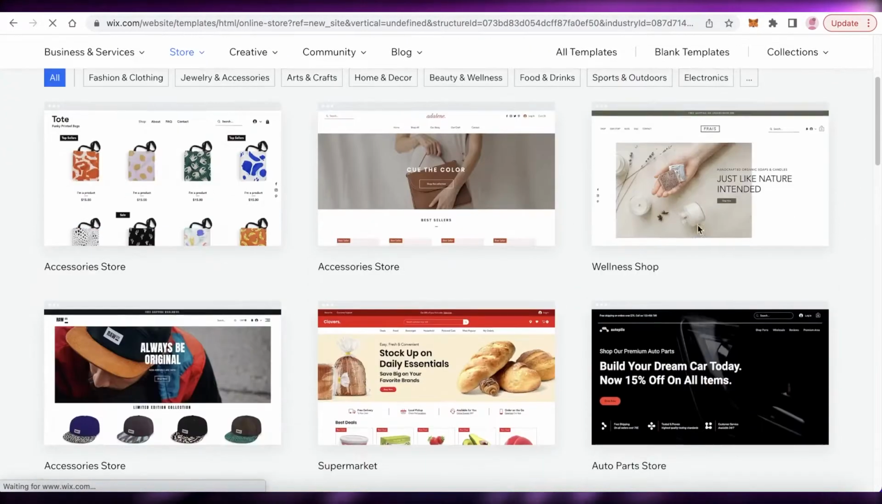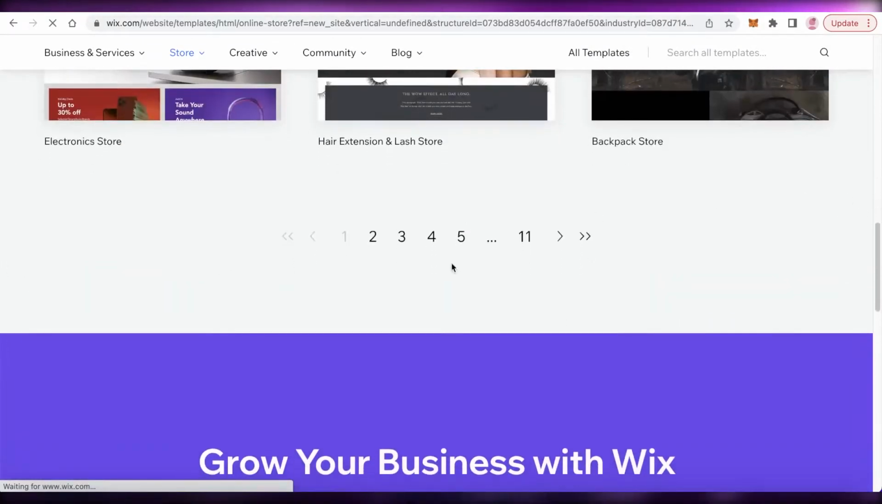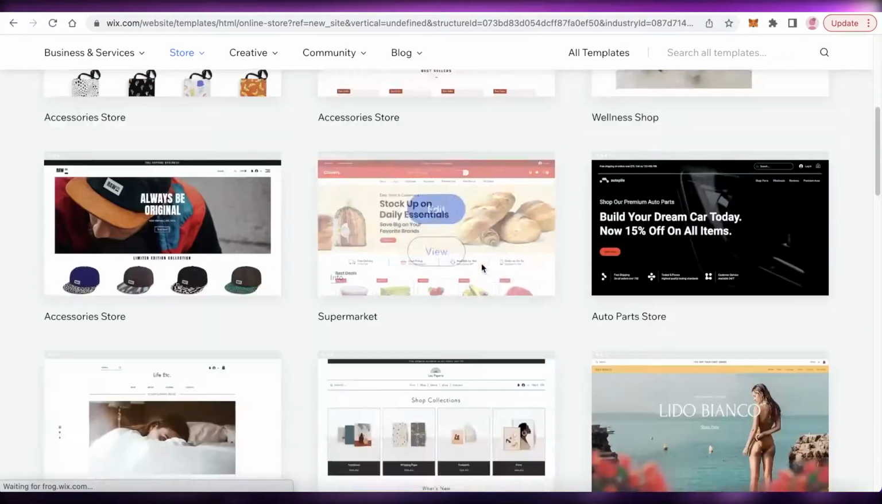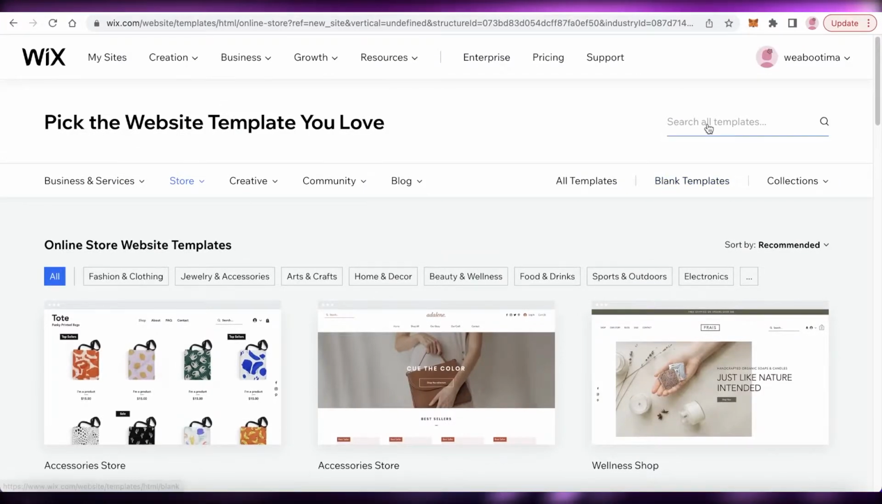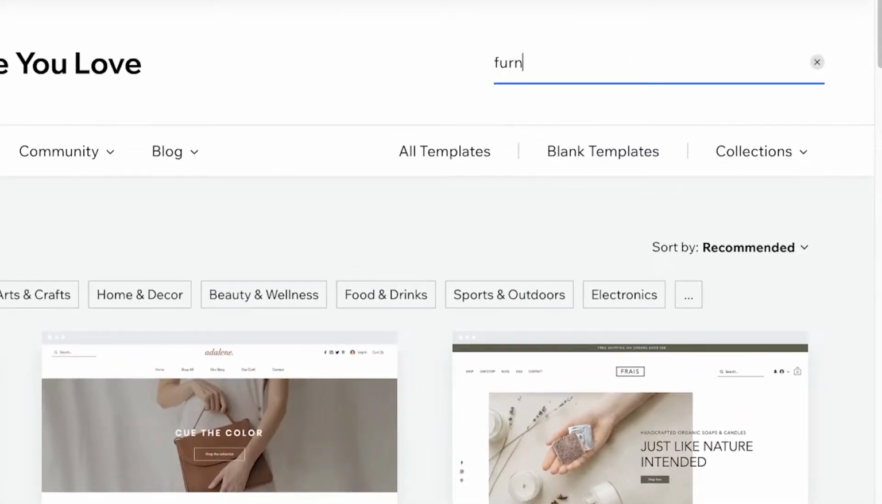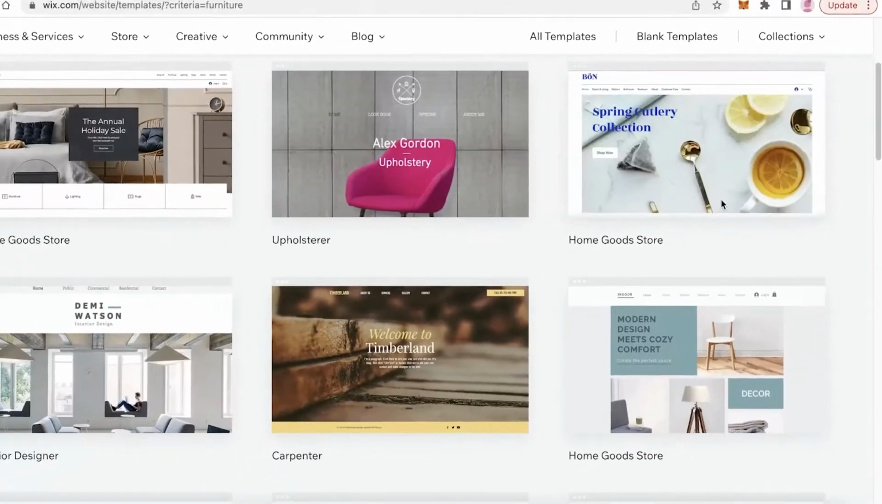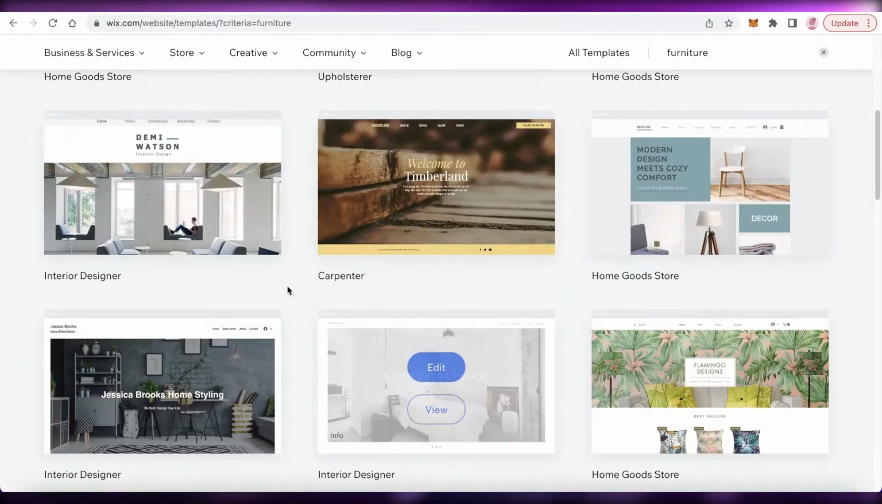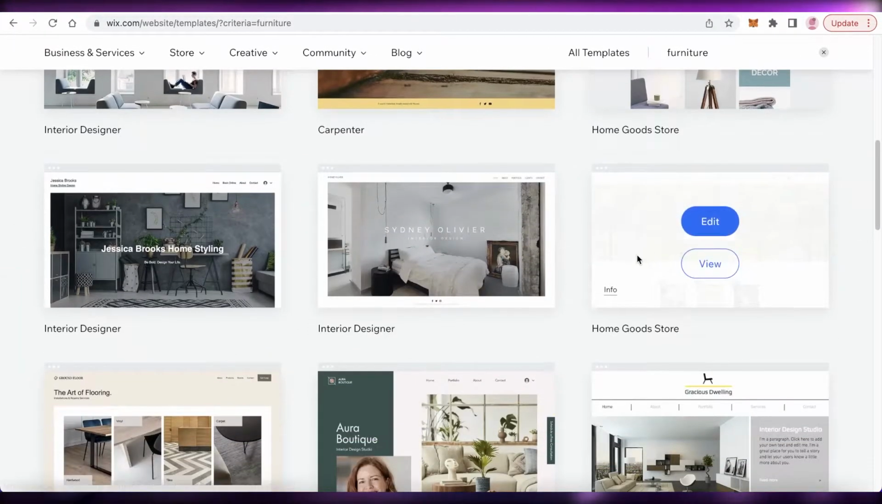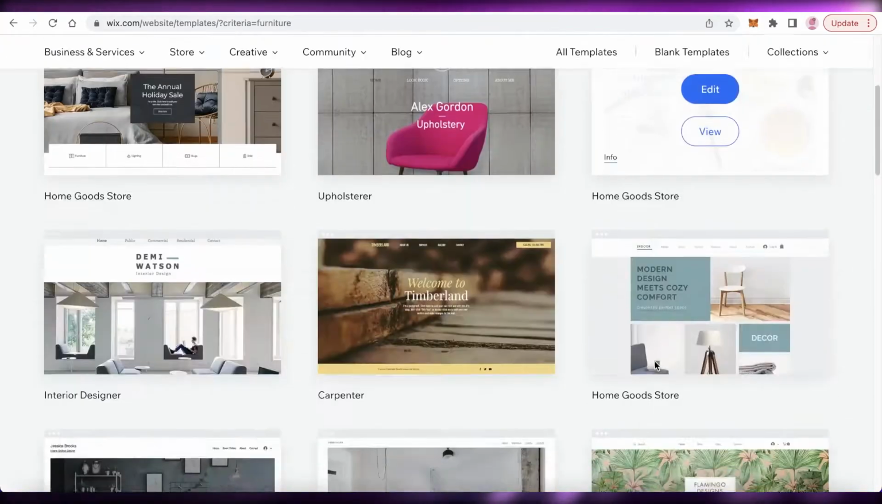Now, you can see there are several different templates available for online stores that you can pick out from. You can even search in the template section for furniture over here. And now you can see there are different home goods store templates available as well. There are interior design templates, home goods store, and you can pick out any one of those as well to get started with your furniture store,